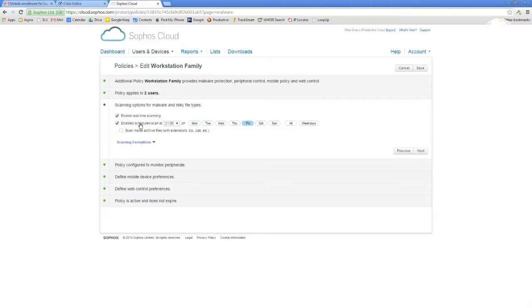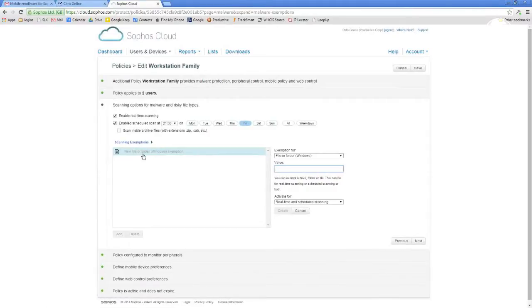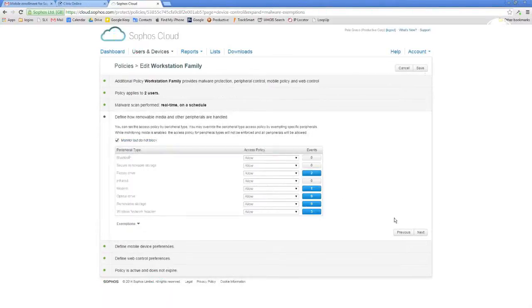I can also trigger a manual scan from here, and I'll show you that a little bit later. But here's where I'd be able to plug in those exemptions. So maybe I want to exempt Outlook.exe or Word.exe. Still want to scan the Word documents, just not Word itself. And I'm just going to keep nexting through the wizard here to set up these rules.